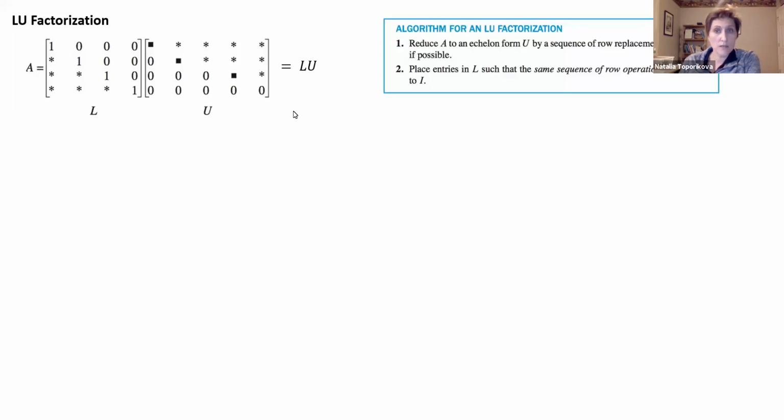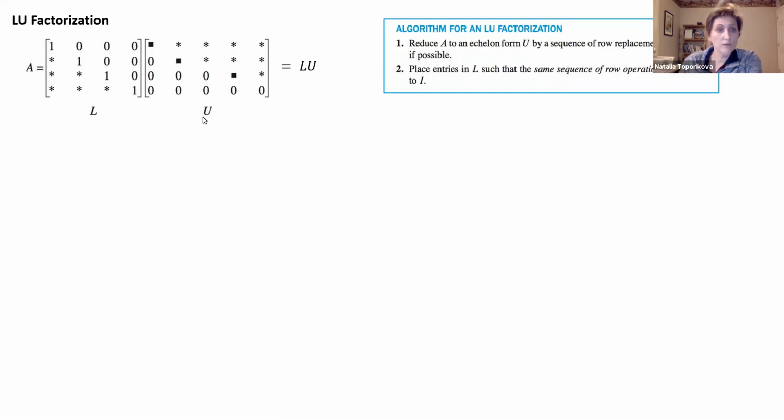Step one is pretty simple. We reduce our matrix A to the echelon form and call it matrix U. Matrix L, though, we construct from the multiplication factors